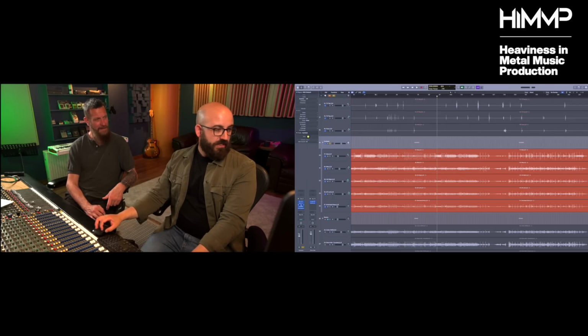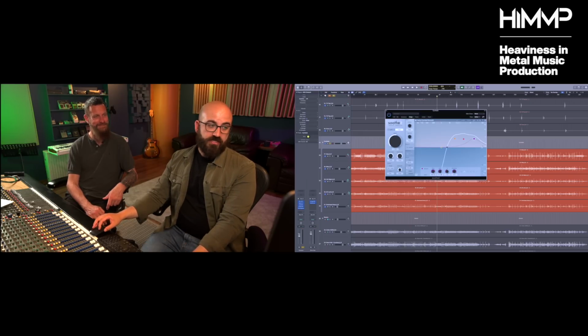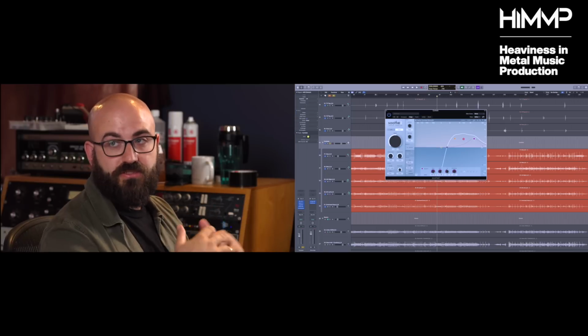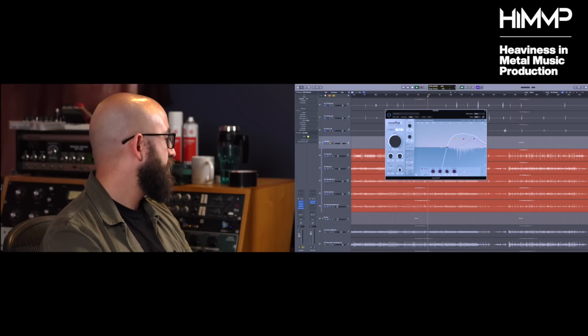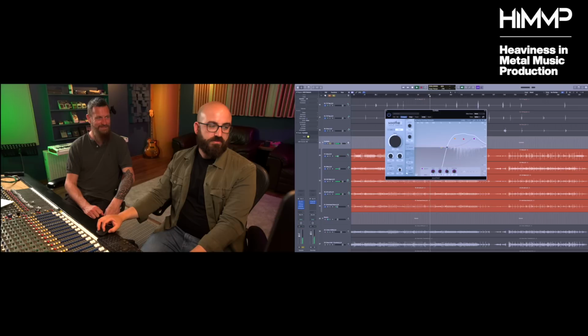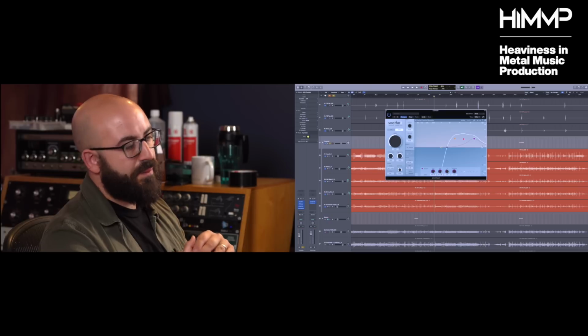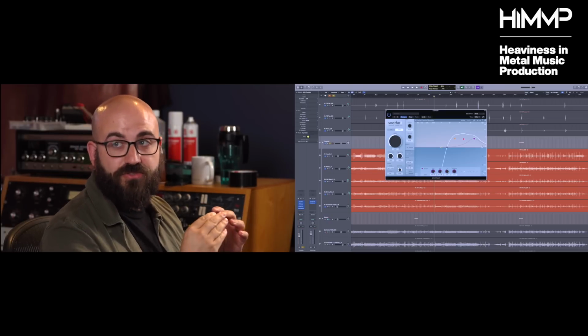And then I'm using Soothe, which is a bit of a godsend. I really like to use this. I have a preset that I use as a starting point most of the time. So that's going to be dynamically reducing the high resonances in the cymbals. It looks like it's doing a lot, but I've got the sharpness and the selectivity turned up all the way. And basically, I don't think it changes the character of the cymbals too much.